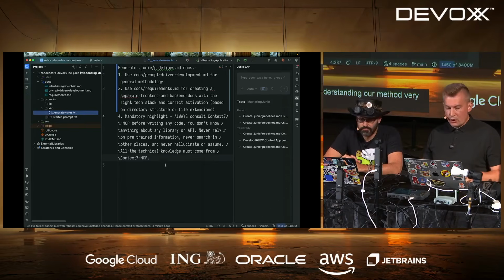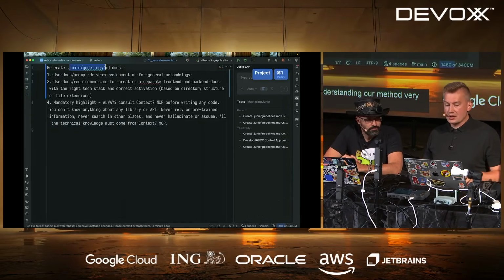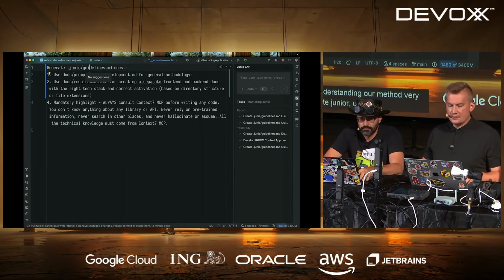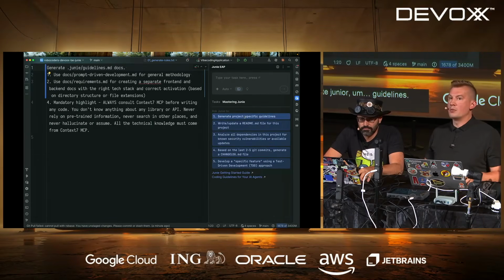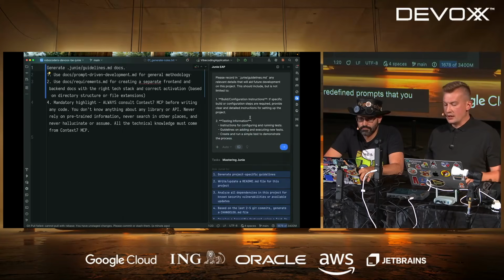So the prompt would say, generate Juni guidelines. That's one of the predefined prompts from Juni, very similar to what they say in their predefined document, but we adapted this to our particular use case.